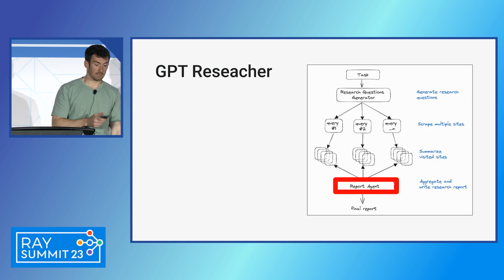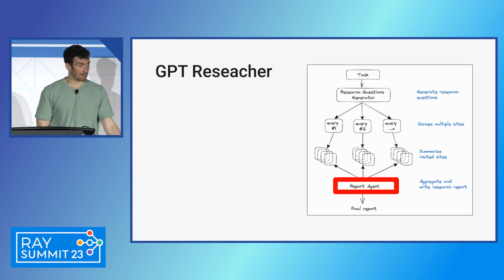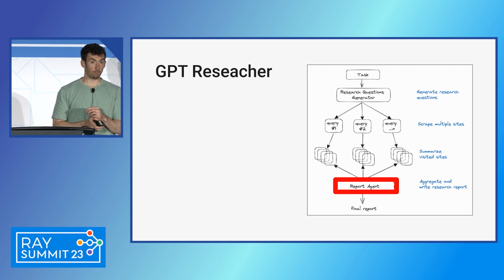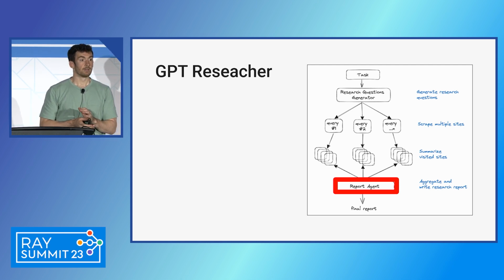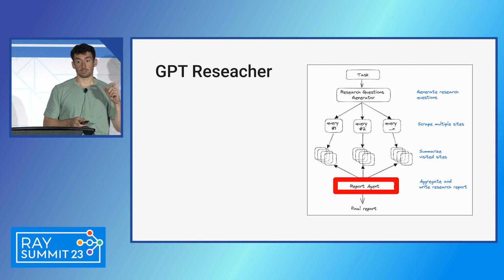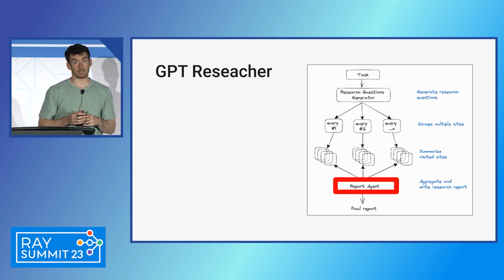And so going back to the example of GPT Researcher, I actually lied to you a little bit earlier. There's actually some routing that's going on. In particular, the report agent is a different agent, or the prompt is different depending on the input. So if you ask a question about a technology, the prompt that it uses to generate a report might be different than if you ask a general question about world knowledge or something like that.